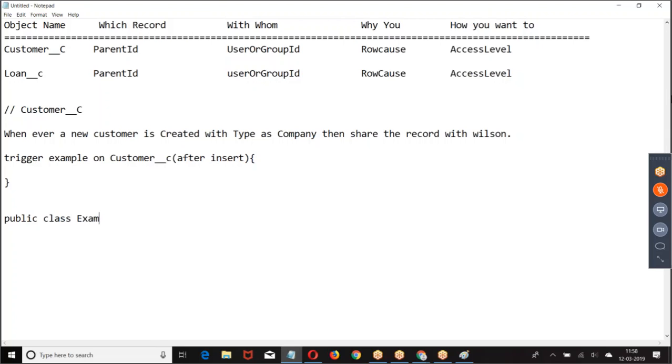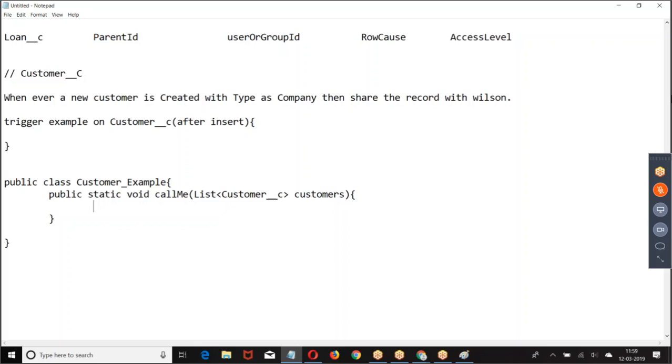Public class example. Then what are we doing?